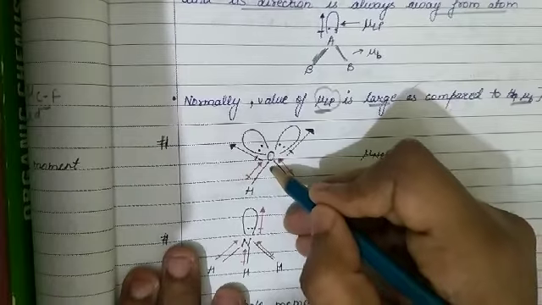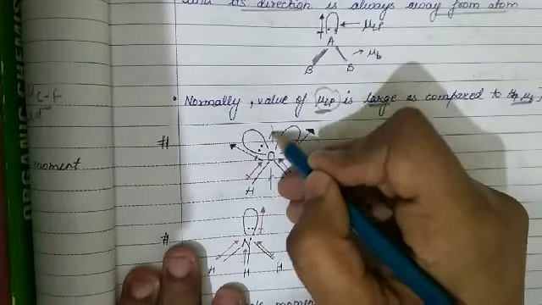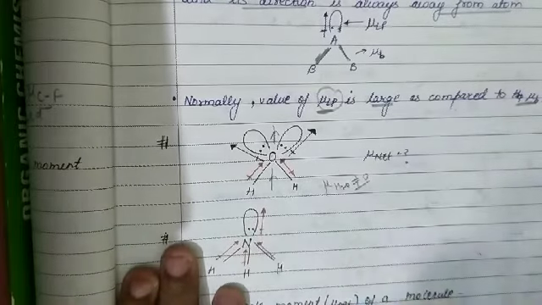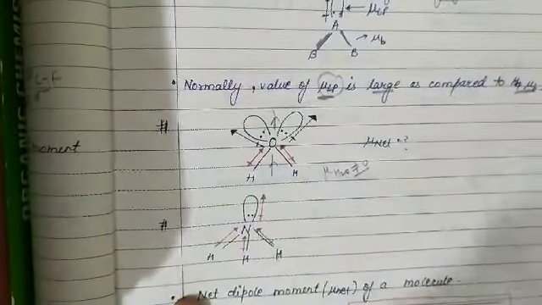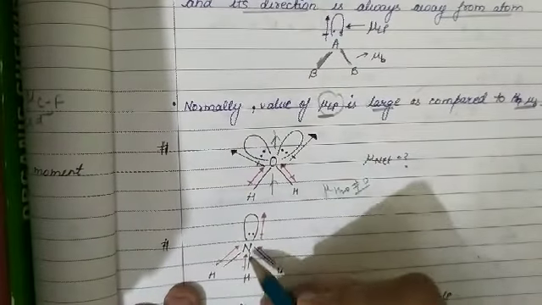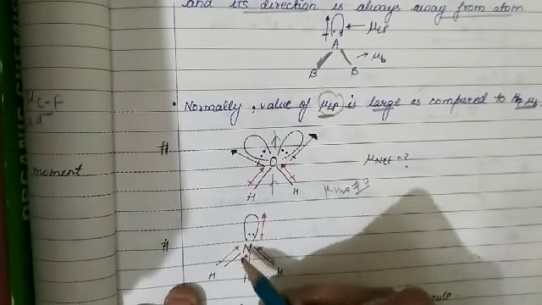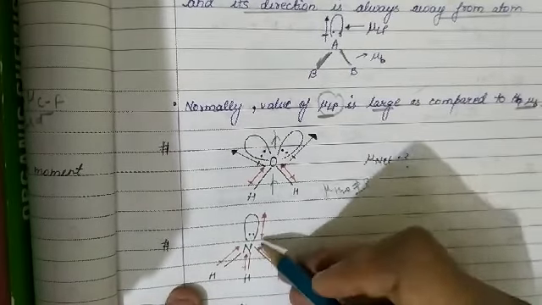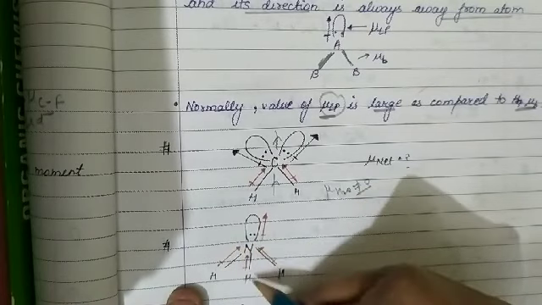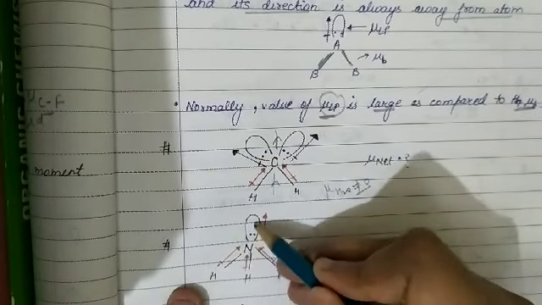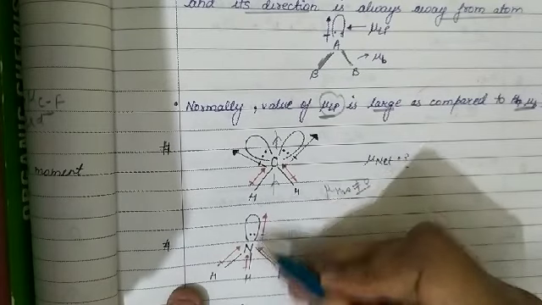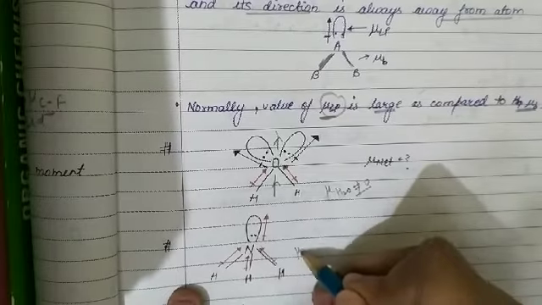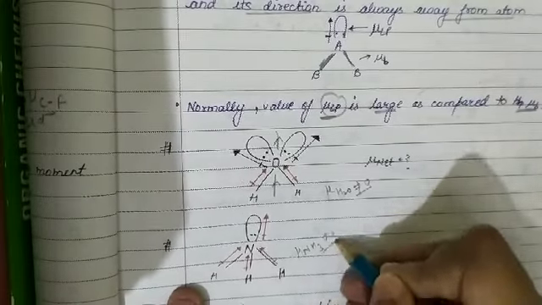When we resolve the vectors, the net vector is in the same direction. It means the dipole moment of water will not be equal to 0. The same is the case in ammonia. In ammonia also, the direction is from hydrogen to nitrogen, plus to minus, as nitrogen is more electronegative. These are the bond moment vectors, while the lone pair on nitrogen is always away from the atom, so it is the lone pair moment. All the vectors are in the same direction. It means the dipole moment of NH3 is also not equal to 0.